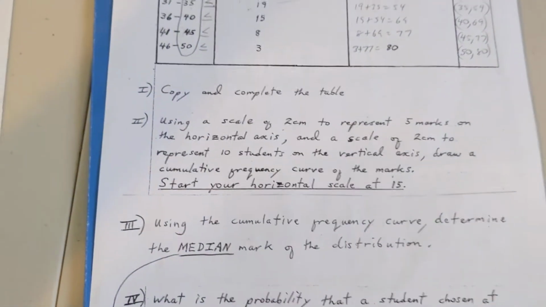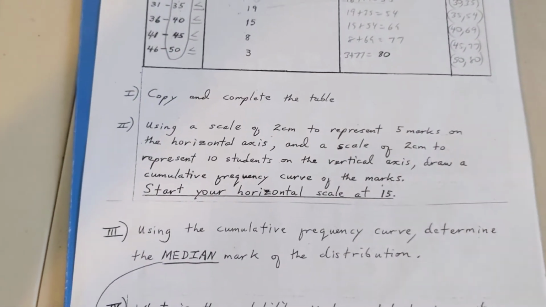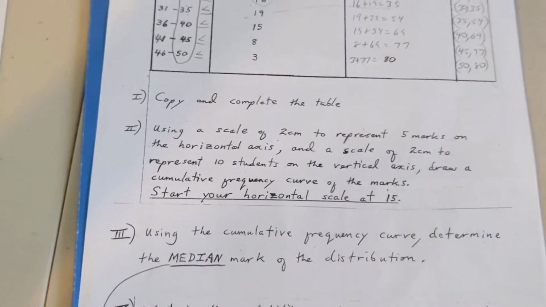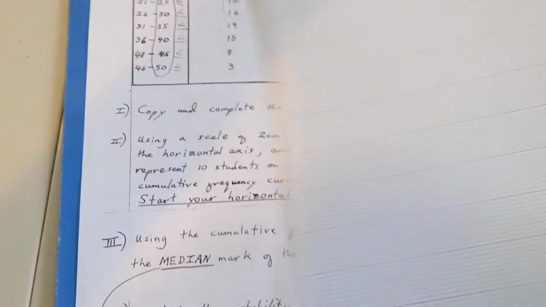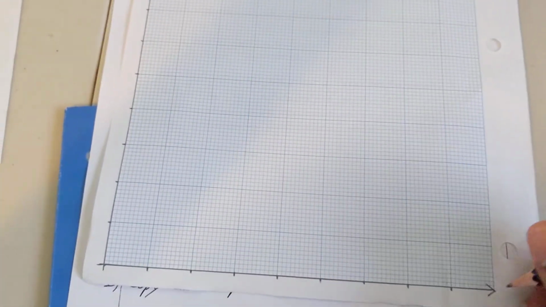So using a scale of 2 centimeters to represent 5 marks on the x-axis and 2 centimeters to represent 10 students on the y-axis, the vertical axis, draw your curve. So I already sketched up a graph here. On the x-axis, the horizontal axis, use a scale of 2 centimeters